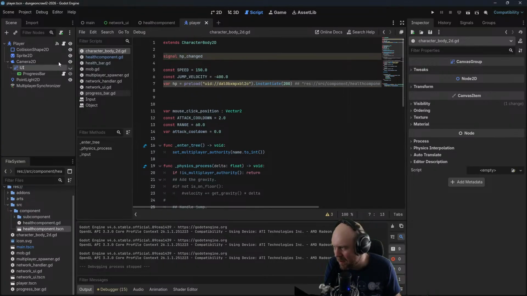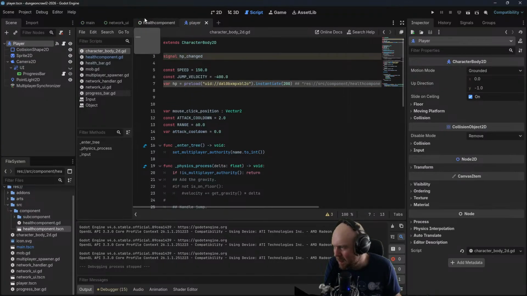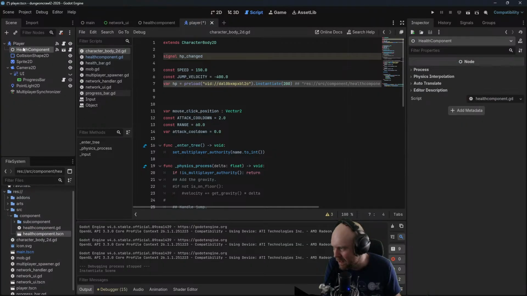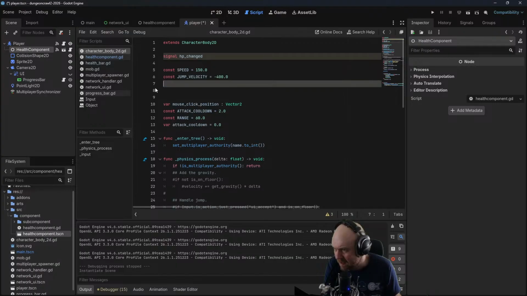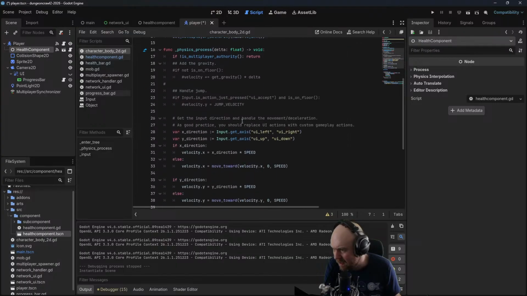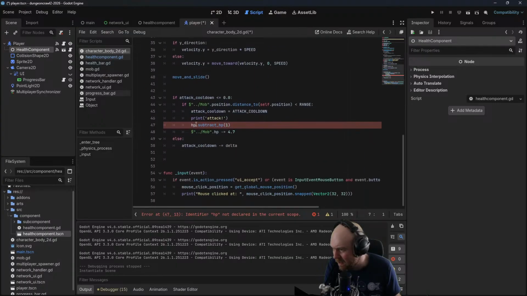No, there's a health component. But maybe instead of doing it like this, we do it like this. And then instead of HP.subtract, we do this lovely little